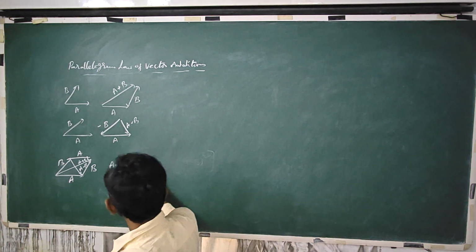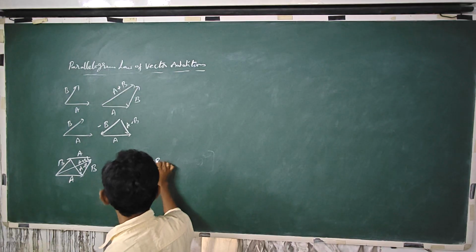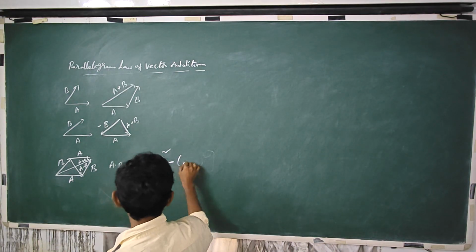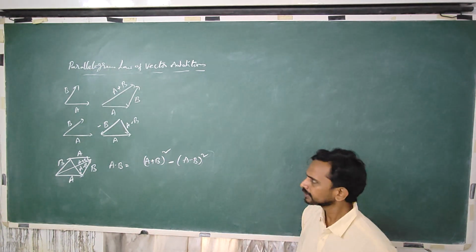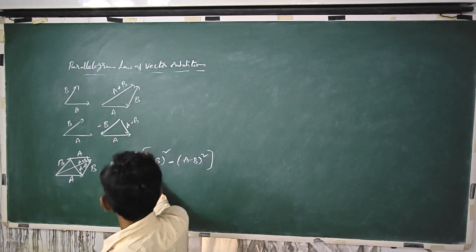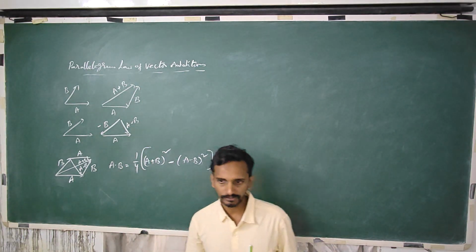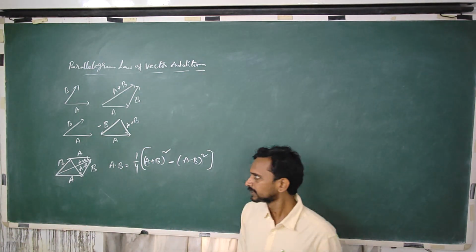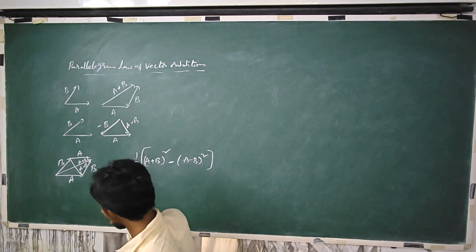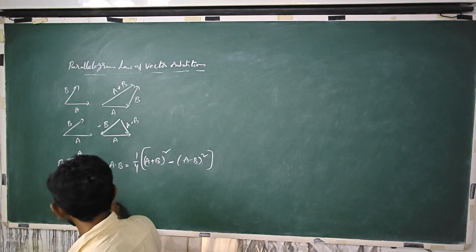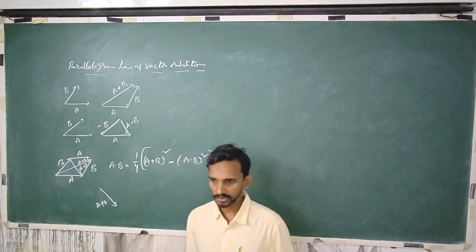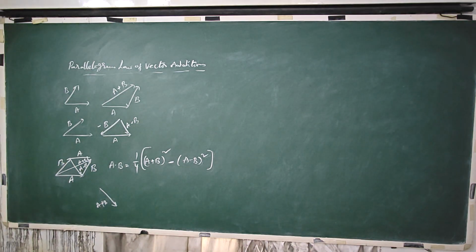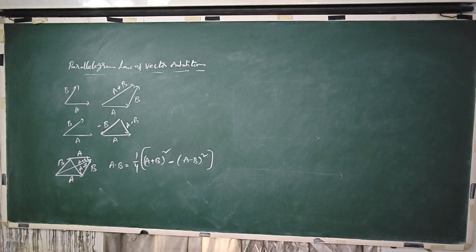So that can be obtained by, let's say, if you calculate A plus B whole square and A minus B whole square and subtract them, you will get 4 times A dot B. So if you divide by 4, you will get A dot B. So this is an indirect way of calculating the dot product of two vectors. So then comes the question, how to get the square of the vector, A plus B whole square. Okay. Right. So this is the advantage with